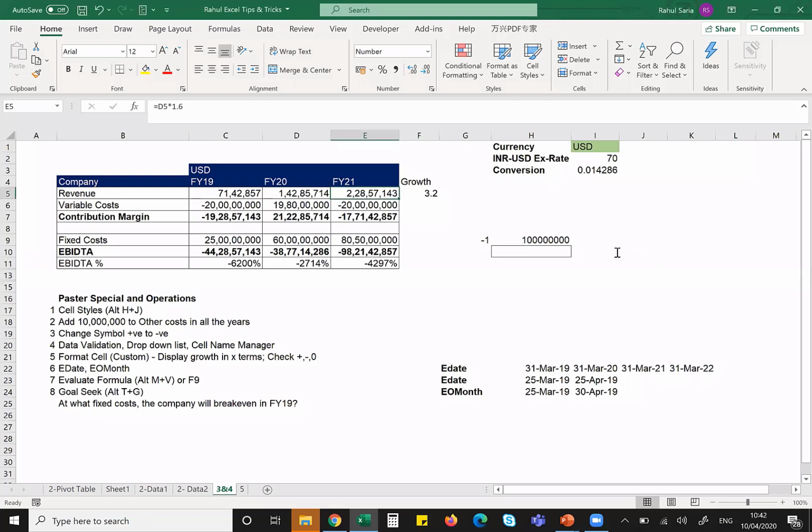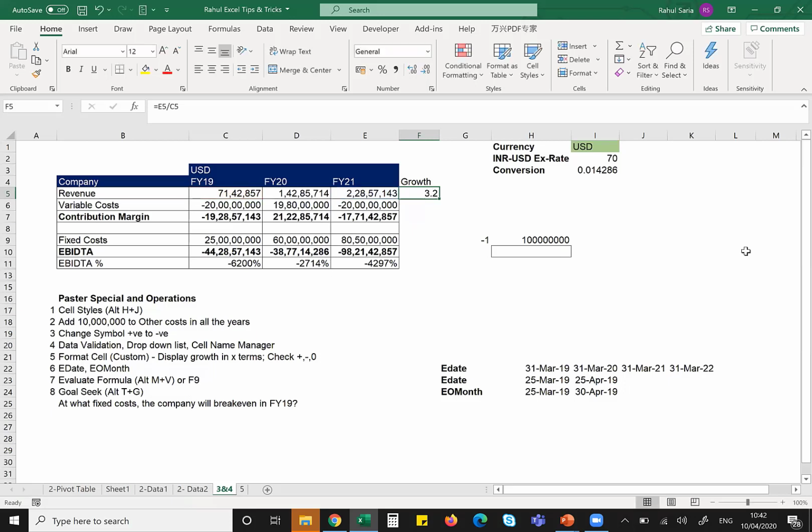So I hope you guys are enjoying it. And second, moving forward, I'll move a bit faster now. Now, for example, you see the growth. How do we calculate a growth? What we have shown is that FY21 revenue vis-a-vis my FY19 revenue is 3 times. Obviously, this looks very simple. I just divided cell E5 by C5, which is 3.2 times.